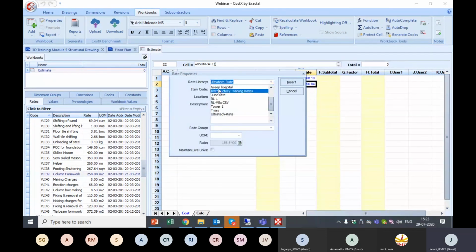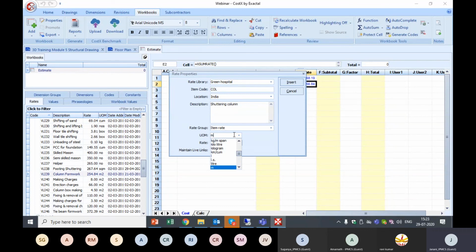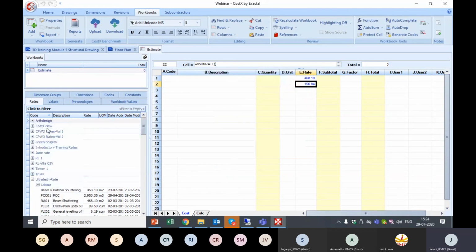So I can choose a multiple rate library. And I choose the rate group also as item rate. Unit of measurement as meter square. So I'll insert it.